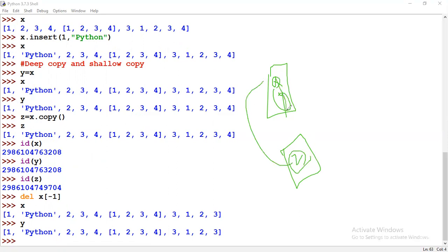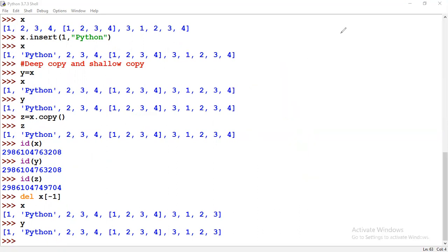So this method, x and y, is known as a shallow copy. Z is known as a deep copy. So kindly be aware of this. The changes in x affect y and changes in y will affect x. But if I am just removing something from z, I am using pop. Pop means by default it will remove the last element, okay, but if I go with pop it will be a little confusing. I will first go with remove.